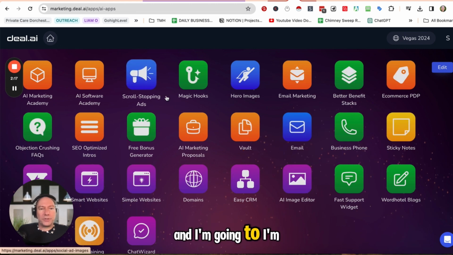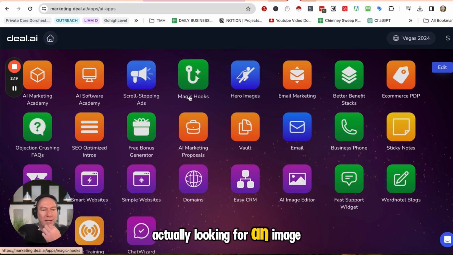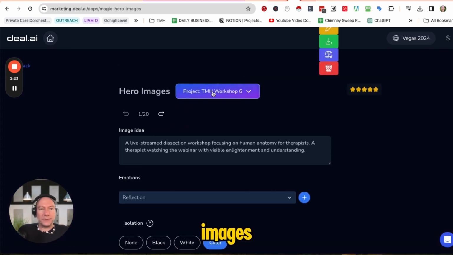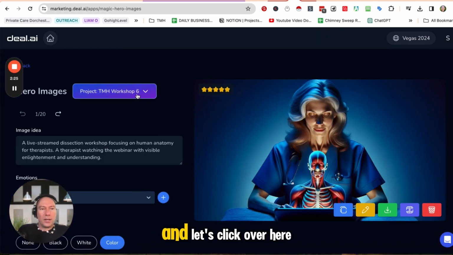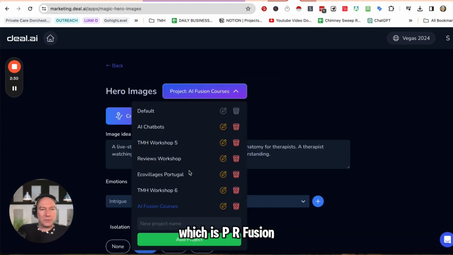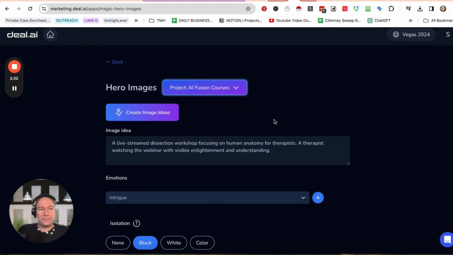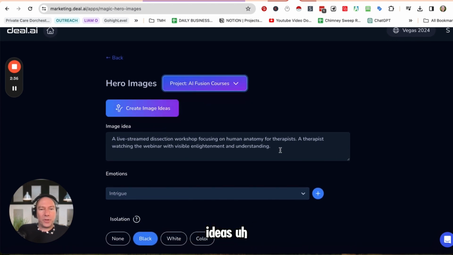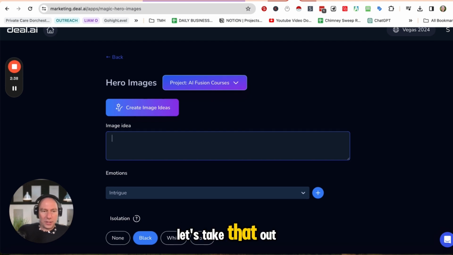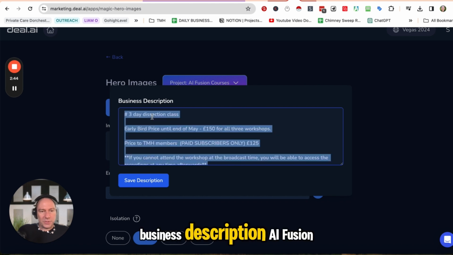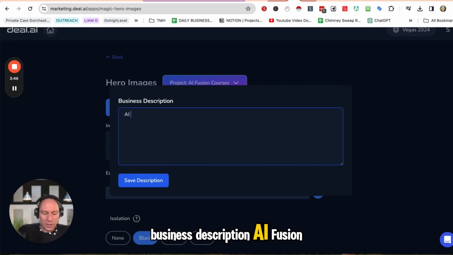And I'm actually looking for an image. So let's click on hero images, and let's click over here, and then I'm going to click on my project, which is Visual Fusion courses. Okay, so we've got image ideas. Let's take that out, and I'm going to click on create image ideas. Business description. AI Fusion